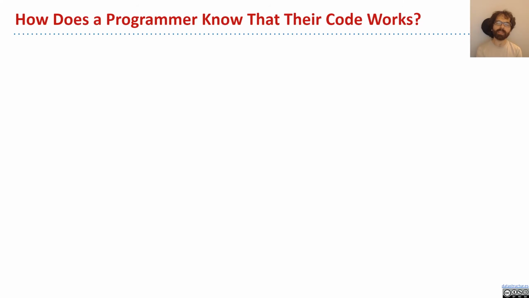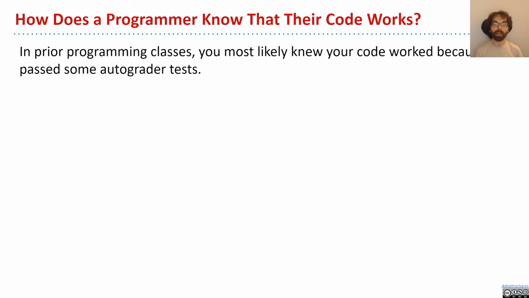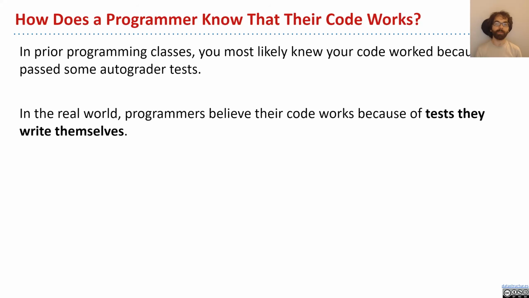So this is inspired by the question, how do you know that your code works? Well, in prior classes that you've taken, it was probably because you had some kind of autograder. Like you fed your code to some autograder and it ran some mysterious procedure and gave you back a score. And once you had all the points, well, then you knew that your code was working correctly. But that's not how we're going to do things in this class for the most part. There'll still be an autograder, but